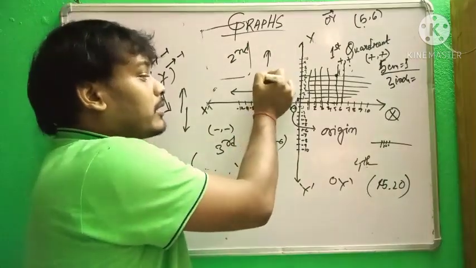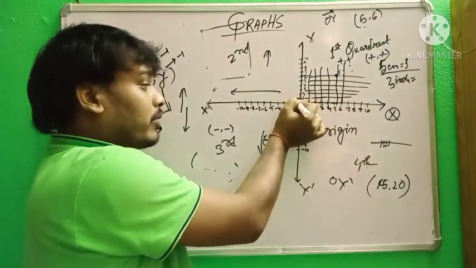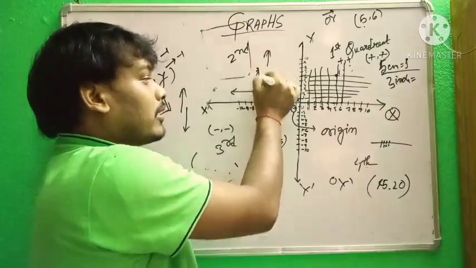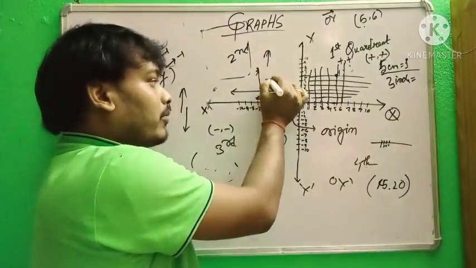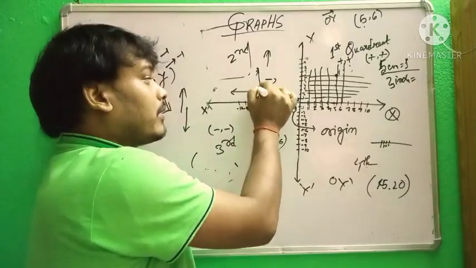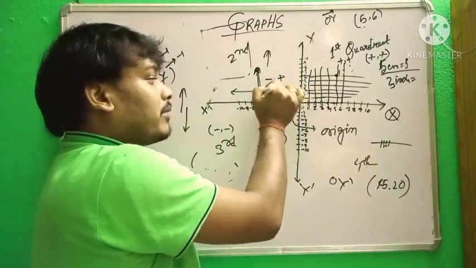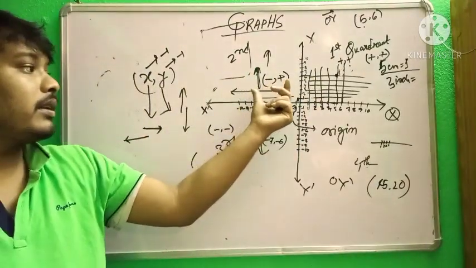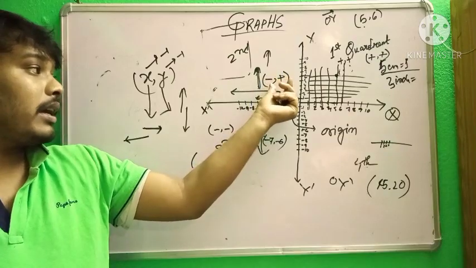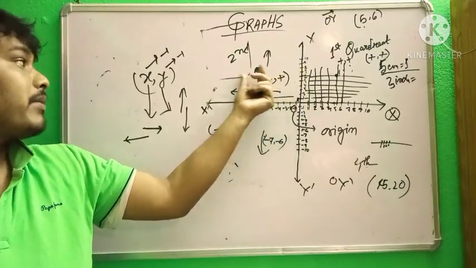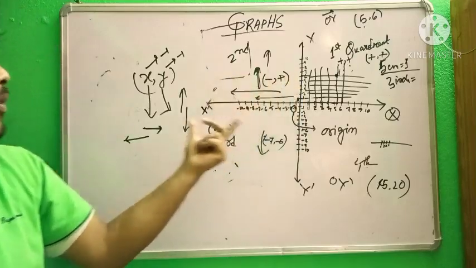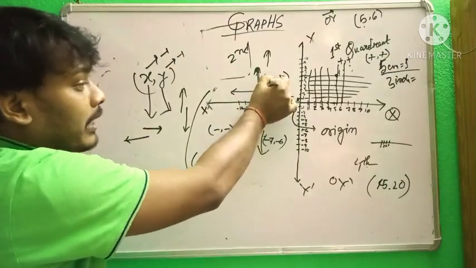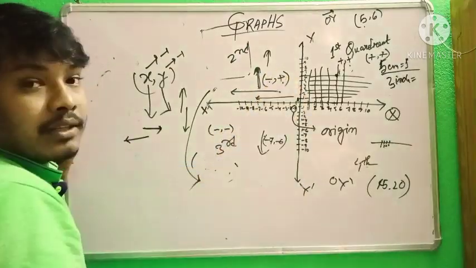Similarly, for this quadrant we need to go towards the left, then upwards, so for going left the value must be given in negative, and for upwards the value must be given in positive. So all points in the second quadrant are given like negative then positive, that means if the point lies in the second quadrant, then the value of x is negative and the value of y is positive.